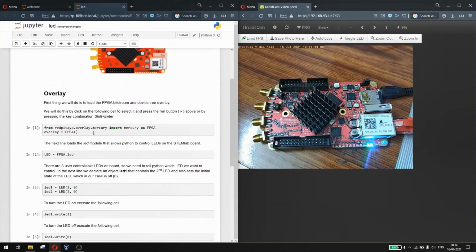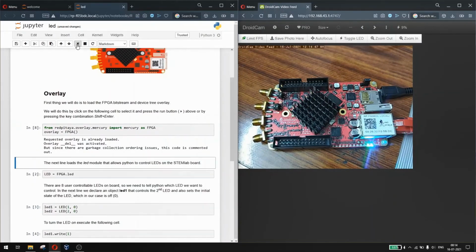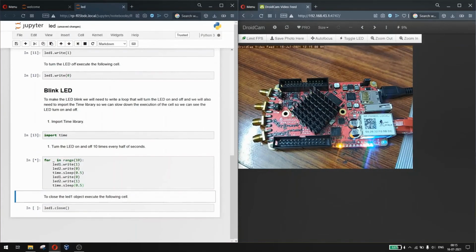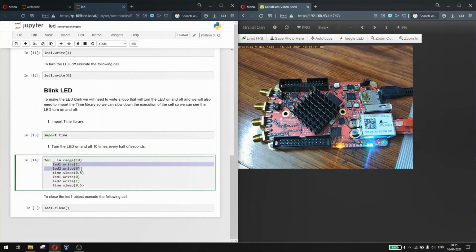Now let's try to execute these. So I'll run all this, the same thing. Now we have initialized the two LEDs, on, off, done. Then we'll come to this example. Yeah, we'll run this now. So these LEDs keep on toggling because here we have LED2.write of 0. When we write 1 to LED1, we write 0 to LED2. Then when we write 0 to LED1, we write 1 to LED2. That is why they kept on toggling.